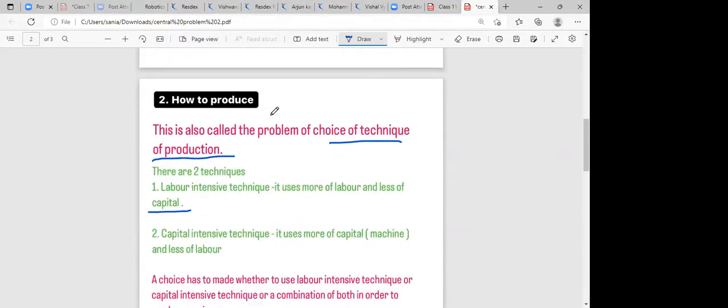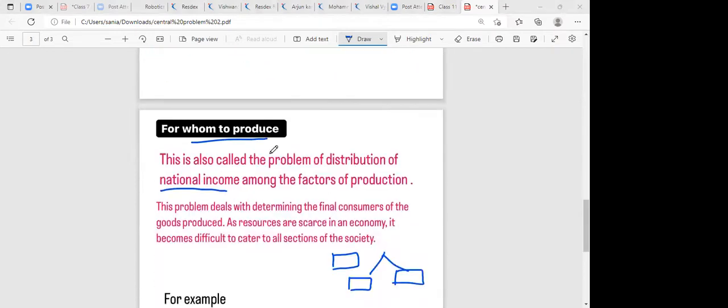Okay, how am I going to produce it? I'm going to use machine. That's also fine. But now, just a minute, sorry. Okay, now the thing is that for whom to produce, whether I want to produce a luxurious bed or the